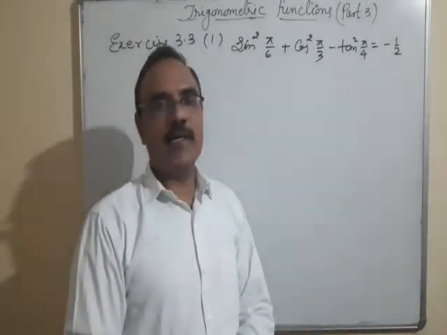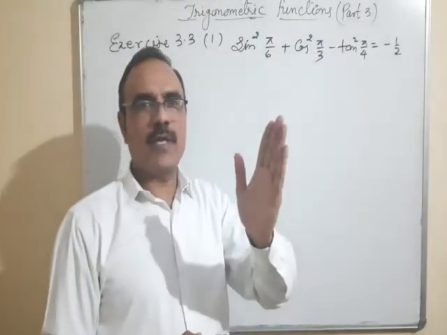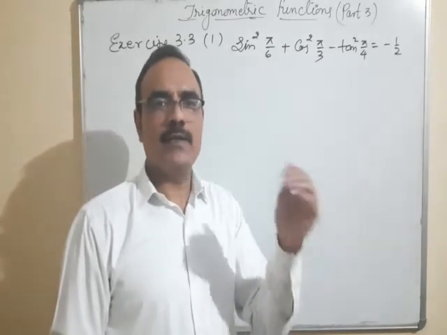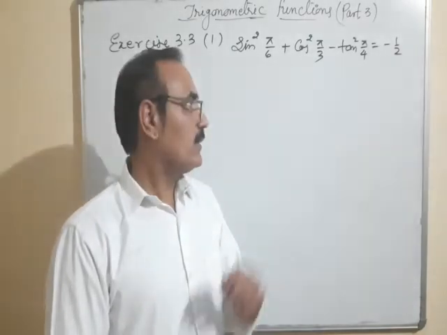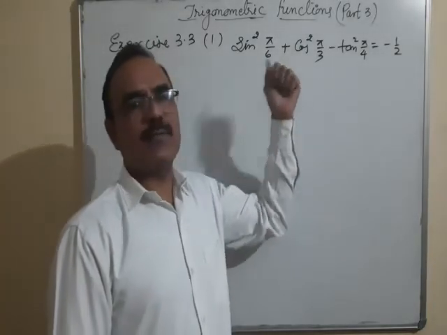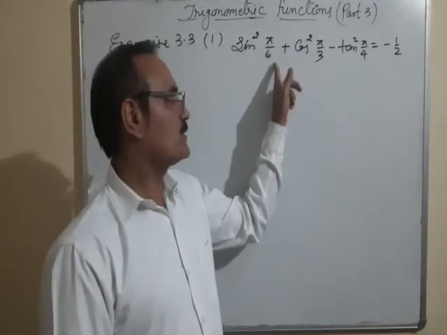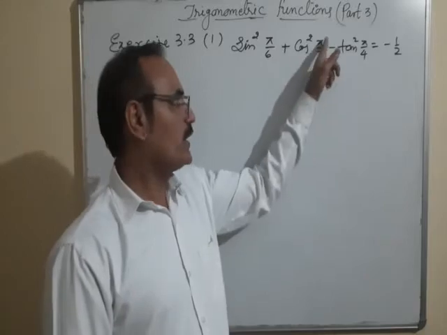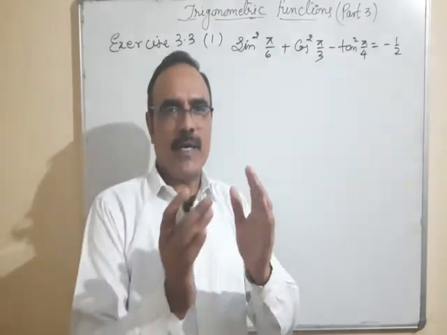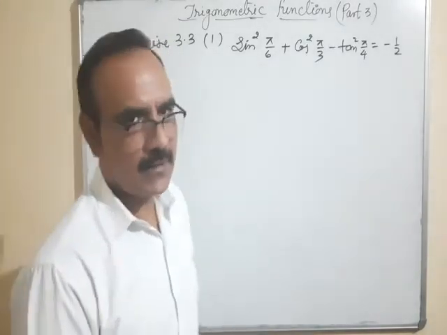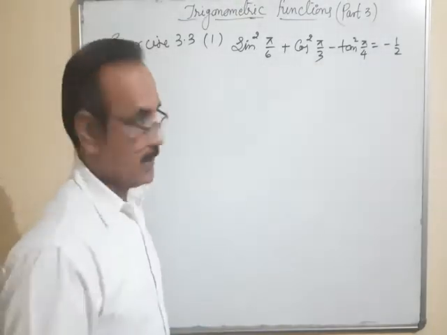From radian to degree, degree to radian, you know that very well. I told you one thing: 0, pi by 2 is 90, pi is 180, 3 pi by 2 is 270, and 2 pi is 360. Three terms you should remember. Pi by 6, immediately you can do one thing: you treat pi as 180. 180 divided by 6, what is coming? 30. 180 divided by 3, 60. 180 divided by 4, 45. So immediately you can get it. Pi should be treated as 180, and you directly get the answer in the form of degrees, because you are in a habit of getting the answer in degrees.